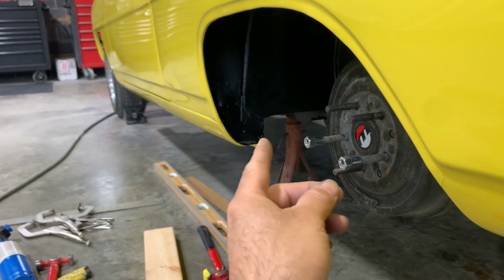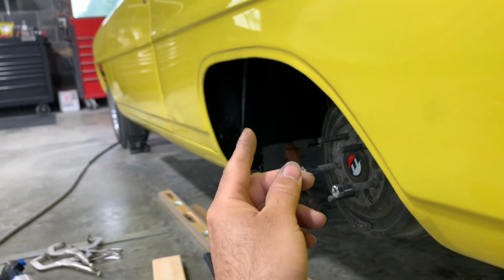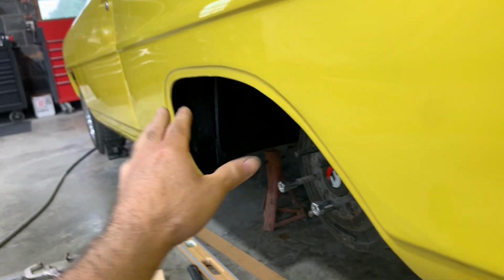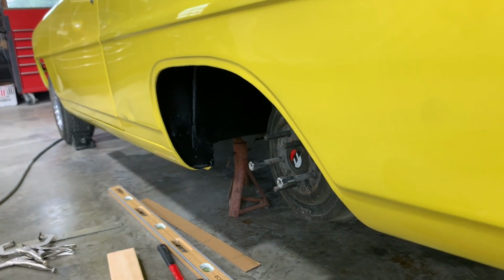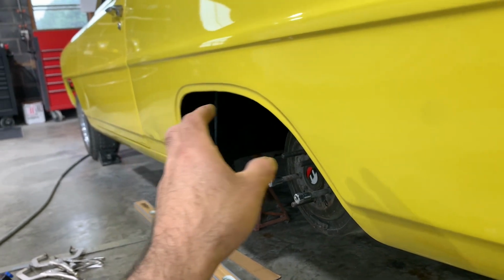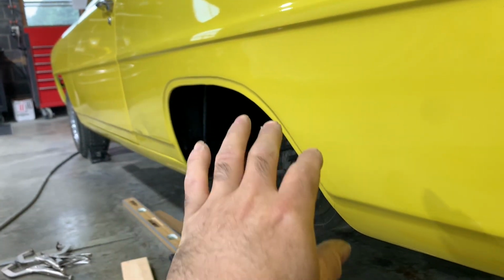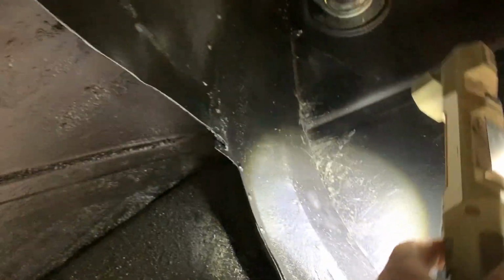That's what I'm thinking, because the inside edge of the quarter panel has been cut for tire clearance, and it's made this panel real, the strength isn't there anymore to hold it where it needs to be. So every time I try and move something, it wants to move somewhere else. So what I did is I got up under it here and checked out what was going on, and I showed you a little bit of the seam sealer, which I thought it was seam sealer, but it seems like it was panel bond up here in the top. I got all that out so the quarter would move the way I wanted it to,